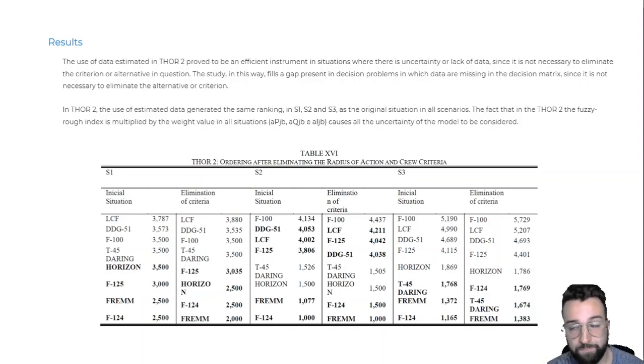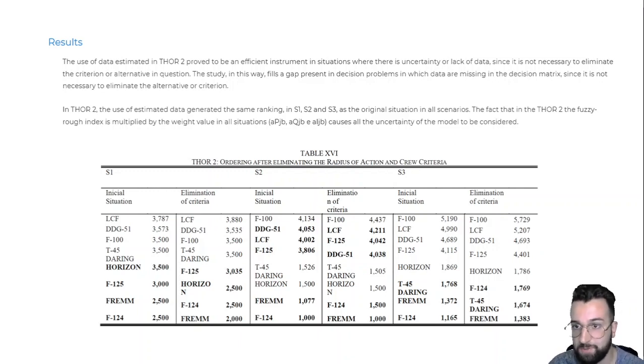As a result, the use of the estimated data in THOR was proven to be an efficient instrument in situations where there is uncertainty or a lack of data, since it's not necessary to eliminate the criteria or alternative in question. The study in this way fills a gap present in decision problems in which data are missing in the decision matrix.